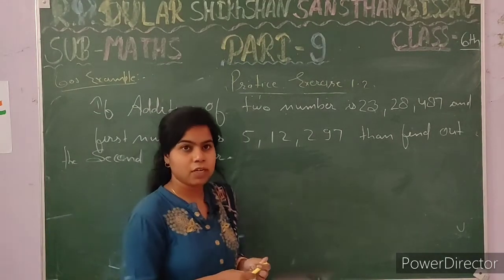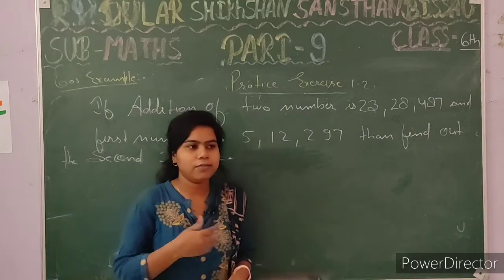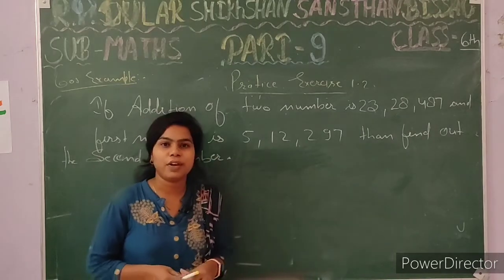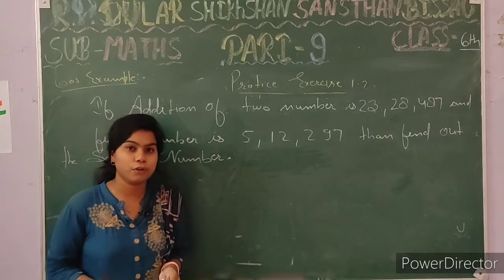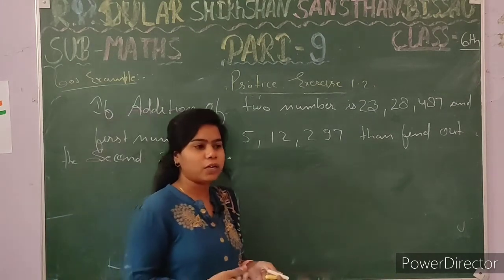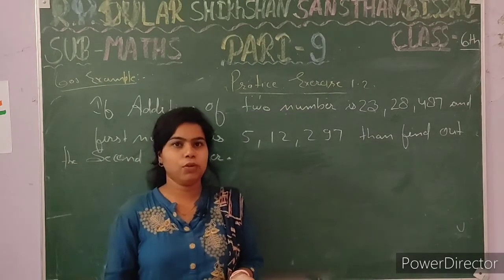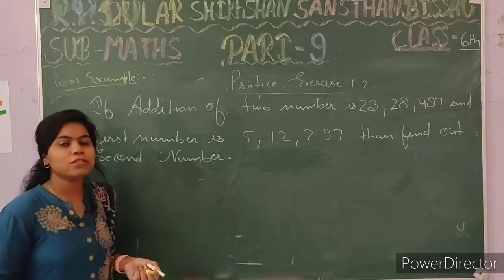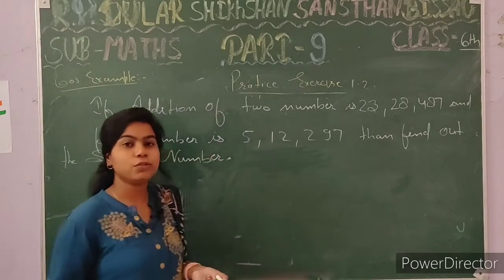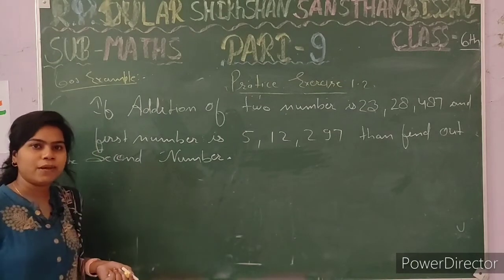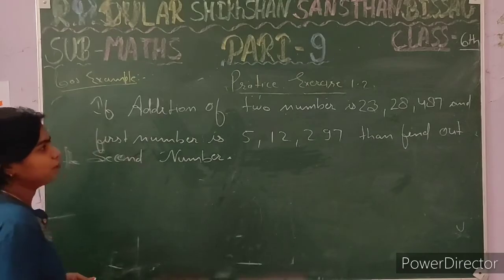We do subtraction. Suppose, students, you and your friend have 5 chocolates, and your chocolates are 2. Then how many chocolates does your friend have? What will you do? You do subtraction, 5 minus 2. You have 2 chocolates, so how many does your friend have? 5 minus 2 is equal to 3. You say that 3 chocolates are my friend's chocolates.